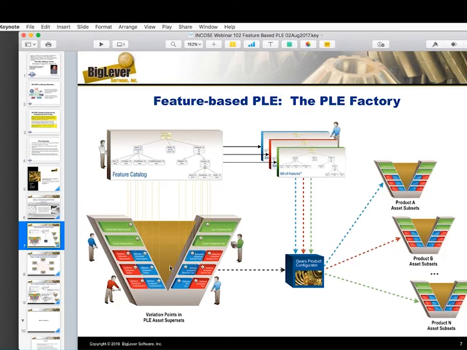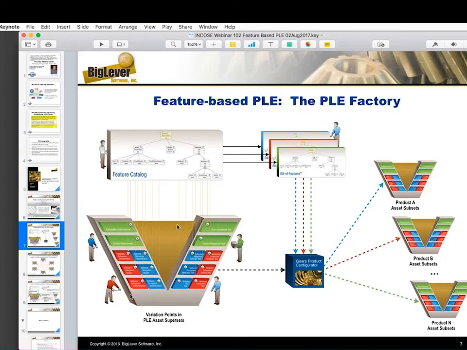Sure. In feature-based PLE, and I'll just leave this slide up because it's the one I want to really appeal to, the automation lives in the configurator. So our configurator has two functions to it. One is it is the home, it is the environment in which you create the feature catalogs and the bills of features. It's the home of features. And our configurator implements the ontology that I just showed you in various tool-specific constructs that map to those different ontological levels. The second function that the configurator does is it applies the mapping between the shared assets over here